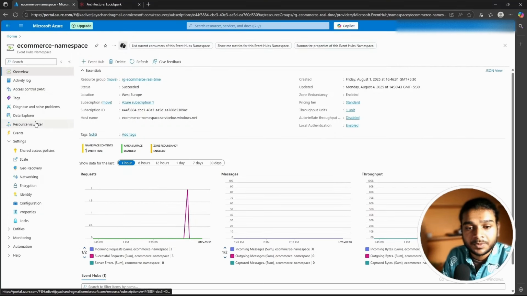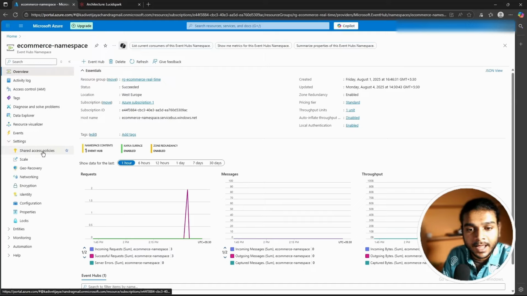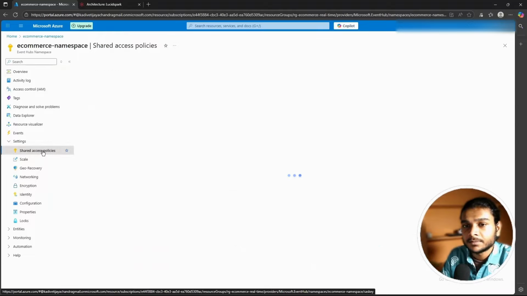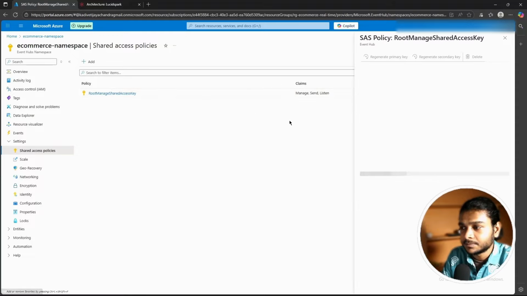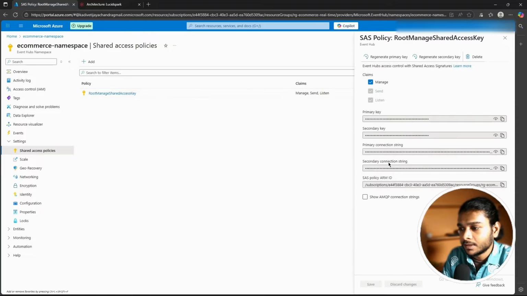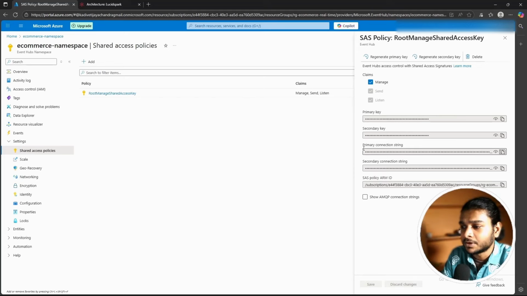So we head to the namespace again. And in the left pane, you see an option called settings. Under the settings, we can see shared access policy. We hit that, and root manager shared access. Here, we have a bunch of codes, but we need to copy the primary connection string. It can be the primary connection string or the secondary connection string. In case one of them fails, you can use the other one. So we copy the primary one,